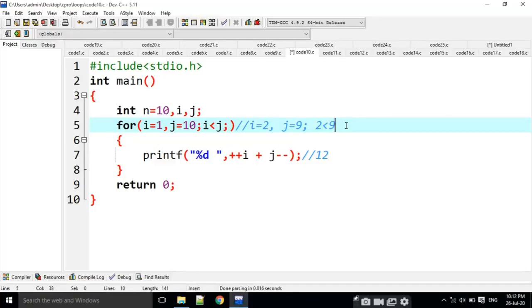Less than 9, not equal to. It is also true. Then it is 3 plus 9. It is going to be 12 again. And i value is 3 and j becomes 8 here. In the same way it is going to print 5 12s.